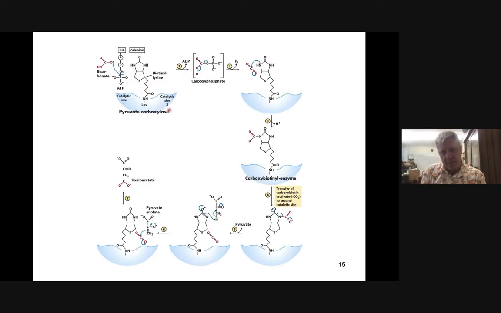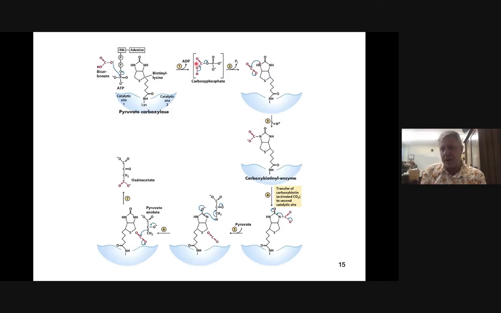Now, what happens in the pyruvate carboxylase, we have our bicarbonate coming in, which is going to be utilizing ATP as the driving source, with a leaving group. So in this case, we're going to see bicarbonate interact with ATP at a particular catalytic site, which is separate from the main site where we're going to see this activity, but they're in close proximity to each other. We're going to produce this